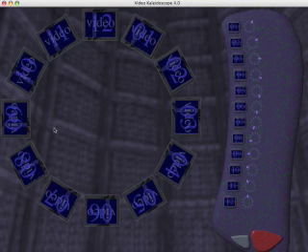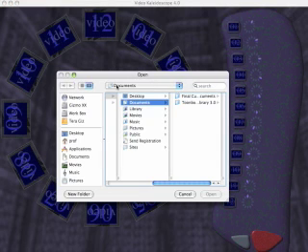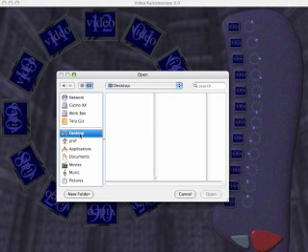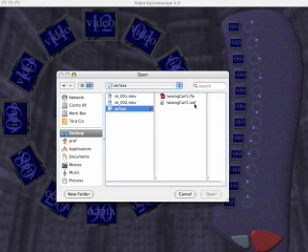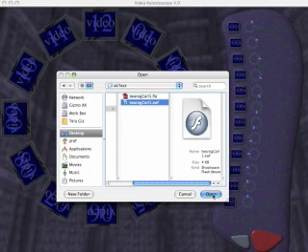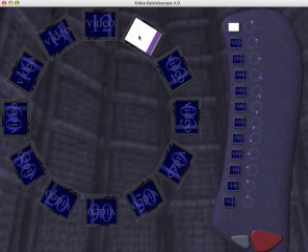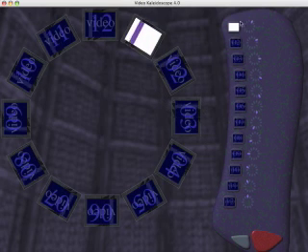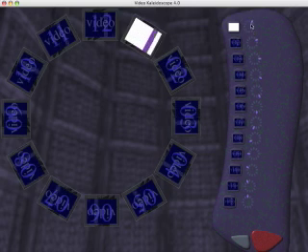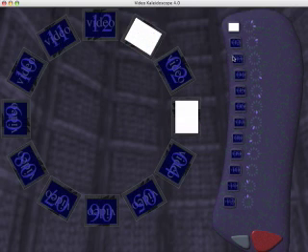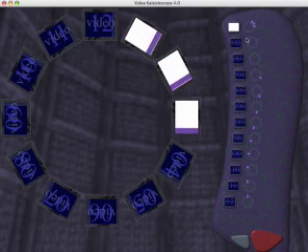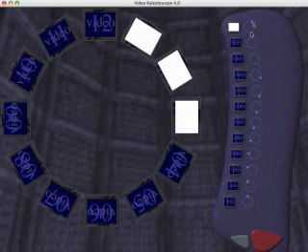To import a video that you've made, now this only imports SWF files, you simply click on one of the ticks and an open dialog box will come up. I'll go to the desktop, my VK test, and my SWF file, click open, and that movie will be loaded immediately into the corresponding monitor. If I want it to be loaded into 2, I can click on the 2 o'clock tick, and I can do that all the way around,